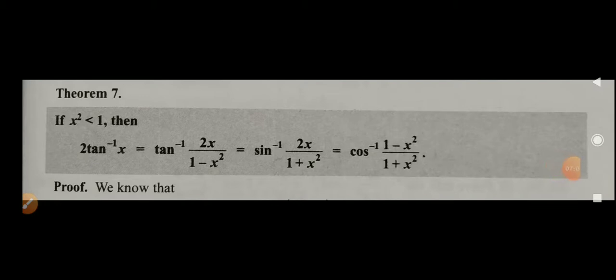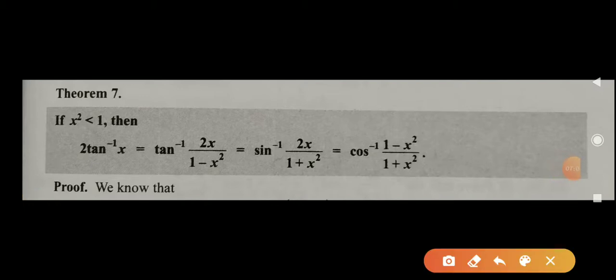Third property you can see, you remember the property cos 2 theta equals 1 minus tan square theta upon 1 plus tan square theta. So tan theta or tan a you can put as x, so 1 minus x square upon 1 plus x square. This is the method of remembering these properties. How can you learn these properties? Like this you can learn these properties. Now you see examples.